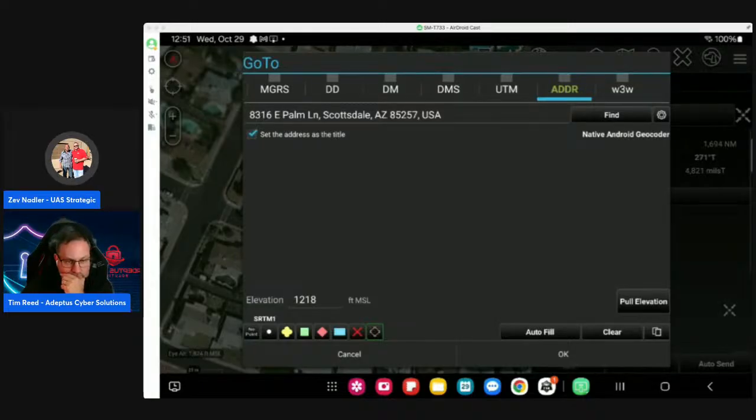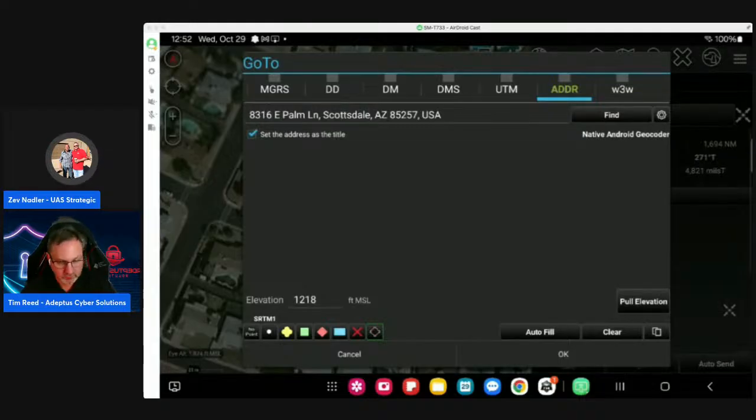So DTED is a standardized data format originally developed by the US military for a matrix of terrain elevation values. It is designed to represent the bare earth surface, excluding features like trees or buildings. And this makes a fine digital terrain model. The source of DTED files comes from many different sources, but they are a standard product of the National Geospatial-Intelligence Agency, better known as the NGA. Whereas